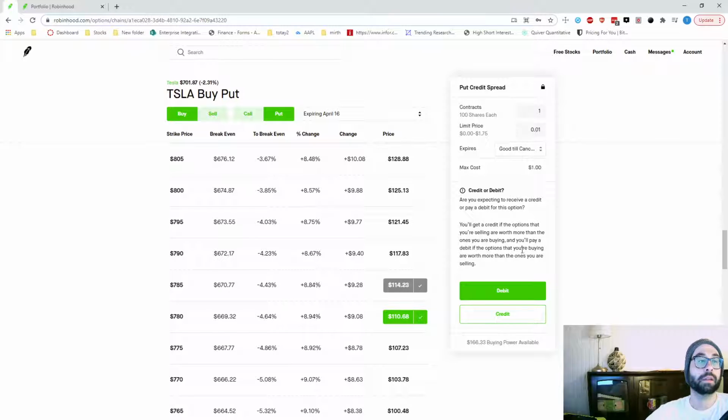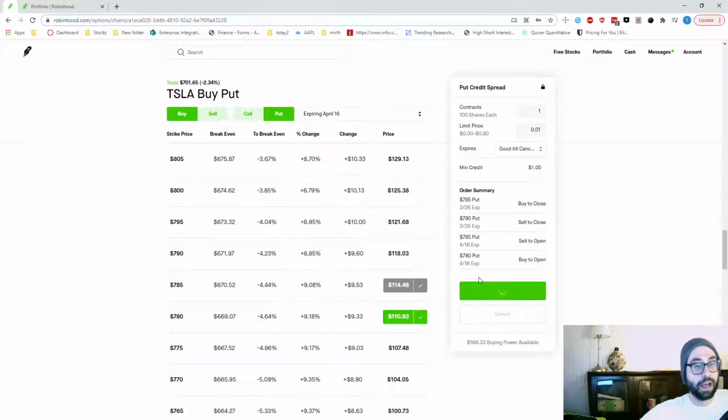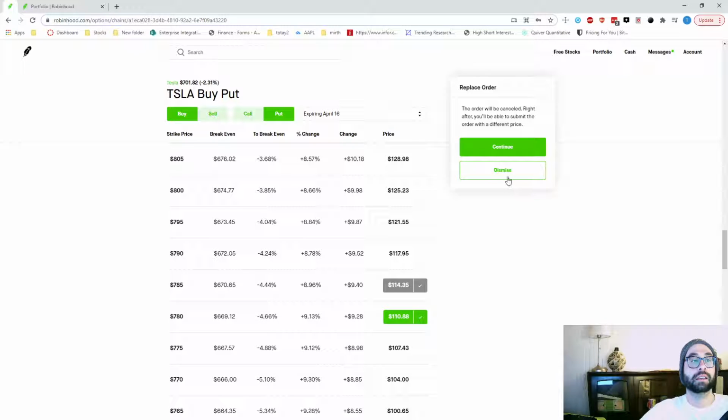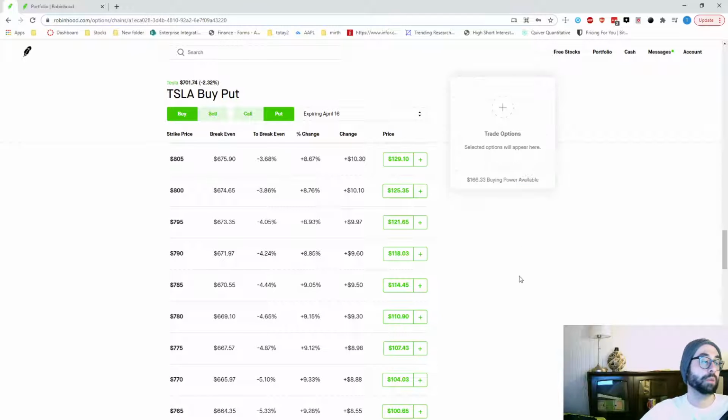Now it should be asking if we want to do this for a debit or credit. Because there's time yet on this expiration, I'm going to do this as a credit. But again, obviously you could choose to buy it back, and that would make it go quicker, because right now it's something like $30 or so to close, to roll. This $1 credit is not going to fill right away. But anyway, that's it. Now if we go back to Tesla,